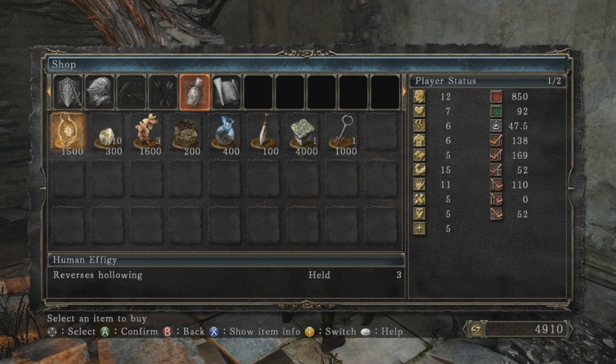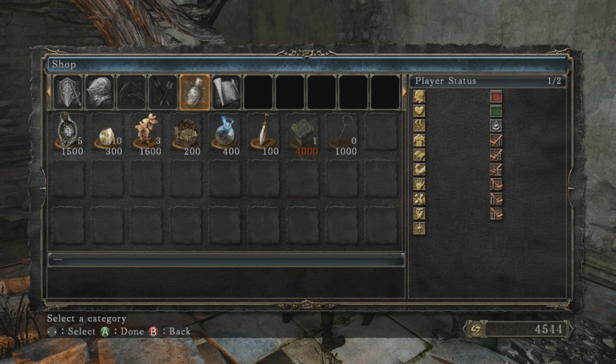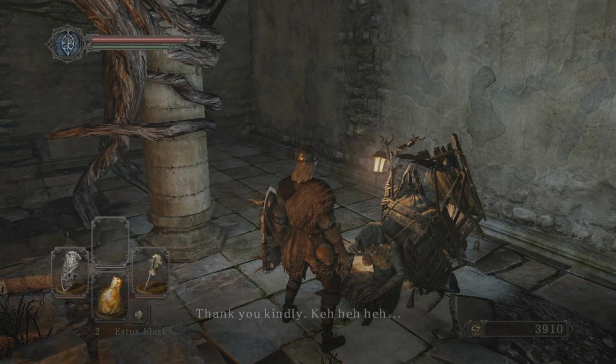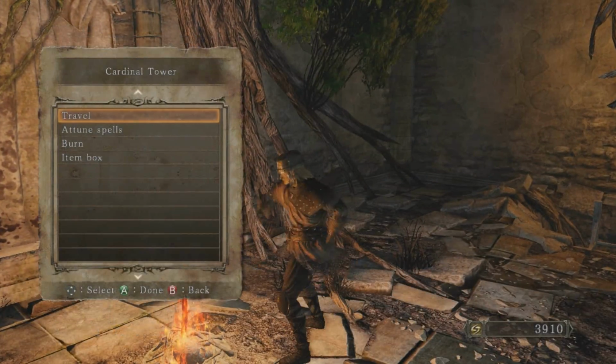And you can buy 5 human effigies and 10 life gems here. If you spend, I think it's 10,000 souls with her, she gets infinite life gems. She starts off with 3 amber herbs, unlimited fire bombs, witching urns, throwing knives, 1 Pharaoh's lockstone, and a key to Lenigrast's house, which we will buy. She also buys the basic miracle heal and the basic sorcery soul arrow. And anyway,